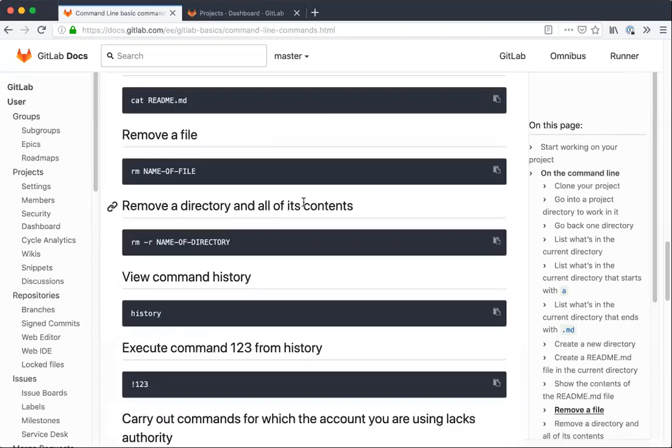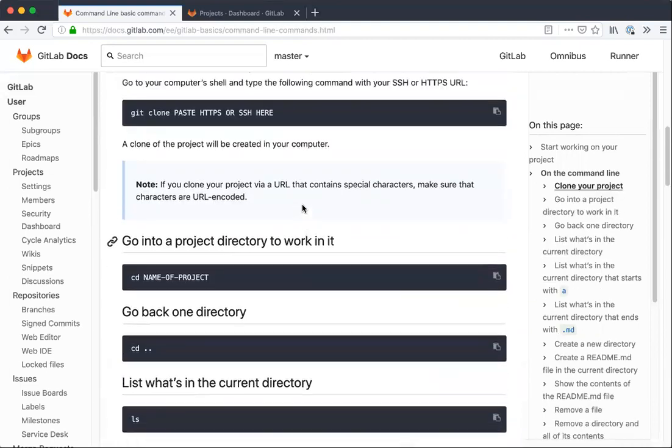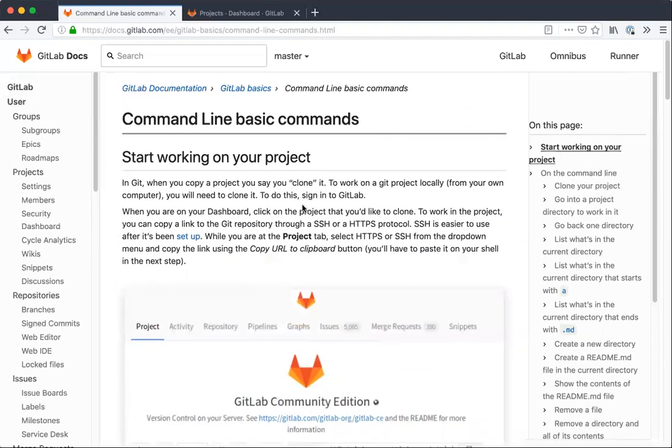So all in all, I think we ought to, again, provide some introductory content to this document. I'd suggest, in fact, what we ought to do is to present the command line commands in context as part of the overall workflows. But I don't think there's a need to present command line basic commands at all, simply from the point of view that if someone's working with Git at the command line,